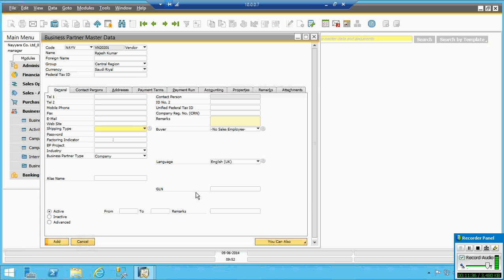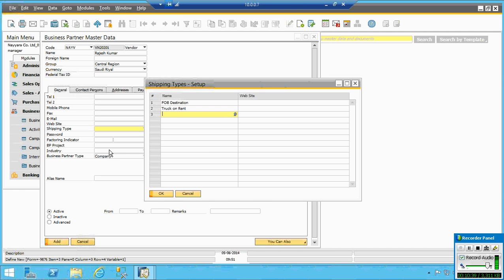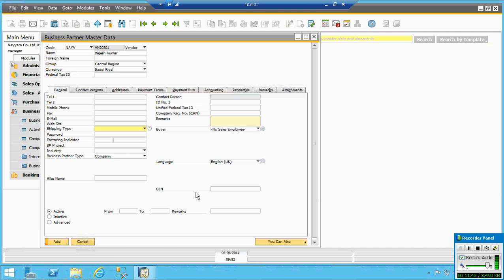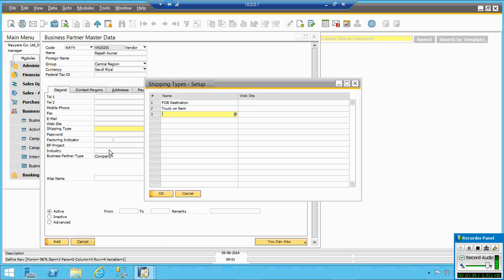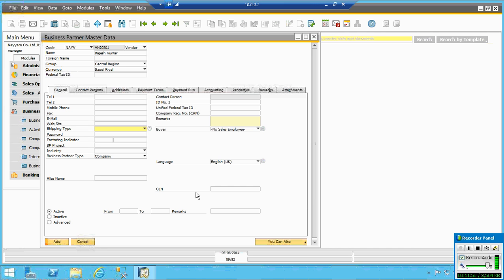So in most of the cases, the email, website, and all will be blank. Shipping will be there, so other things will be blank. If they have them, you can use them. Then this property is given. This property is actually used when you have your website integrated, so we are giving the concerned person a login to the website to book the product. That's the property here.